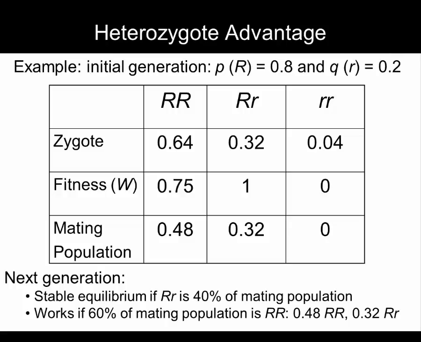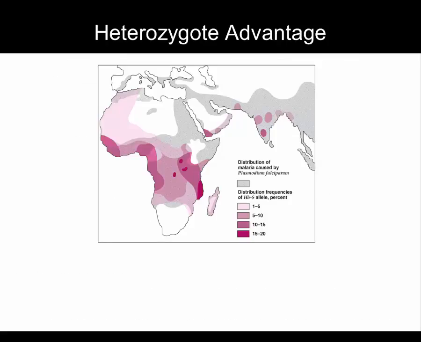When heterozygotes have higher fitness than homozygous dominant individuals, the recessive allele persists at relatively high frequencies, even though the homozygous recessive genotype is lethal. In the case of the sickle cell anemia allele, heterozygotes have increased resistance to malaria compared to homozygous dominant individuals, thereby explaining the higher fitness. The recessive allele frequency tends to be higher in areas where malaria is more common.